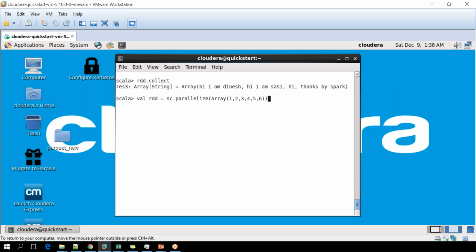This is the value. Now I'm using a filter transformation. For your understanding, RDD1 or RDD new is enough. RDD dot filter